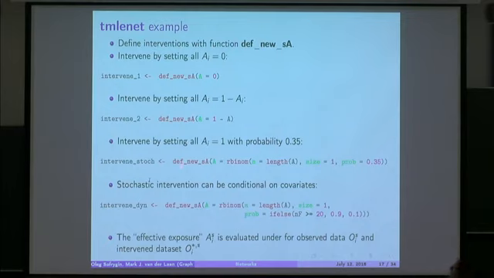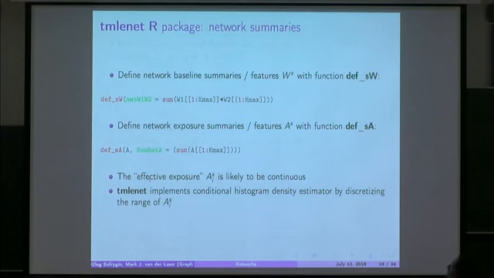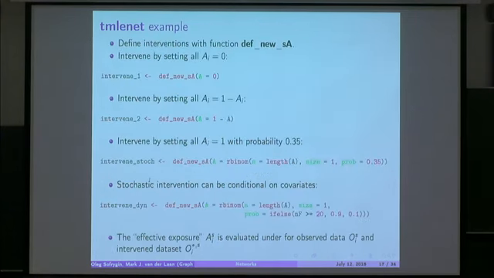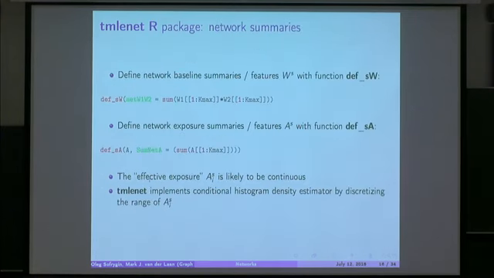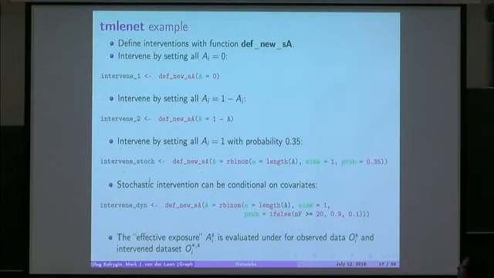Similarly, with the stochastic interventions, you can define a distribution, the G star, that would sample each individual exposure according to some probability distribution. And of course it can be an arbitrary distribution, and it can also depend on baseline covariates, as I showed in the last example. And after you define the intervention, we still need to reevaluate the effective exposure as defined in the previous slide. So after you define the intervention, the effective exposure is reevaluated for all observations. And then we can actually proceed with estimation.